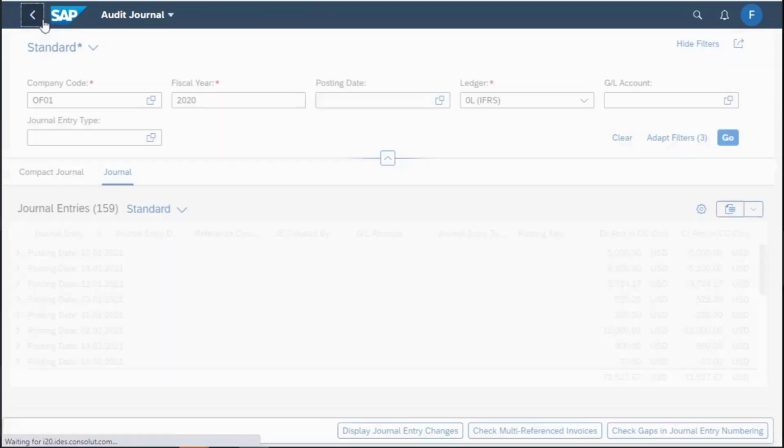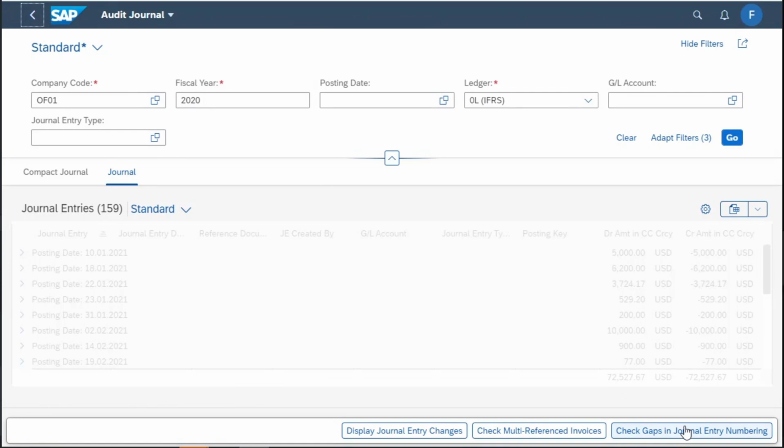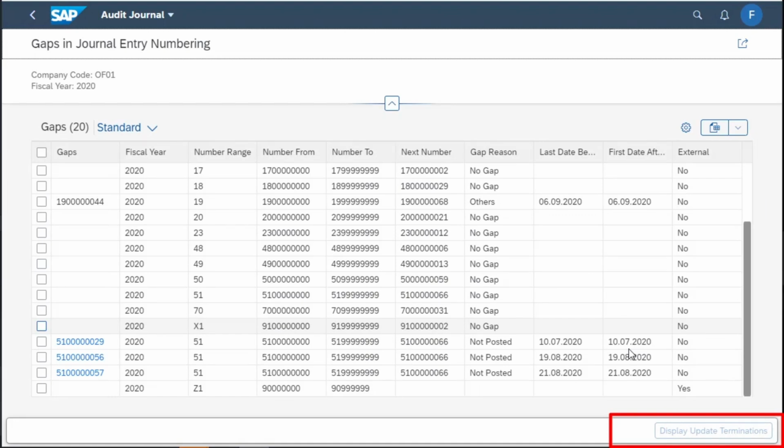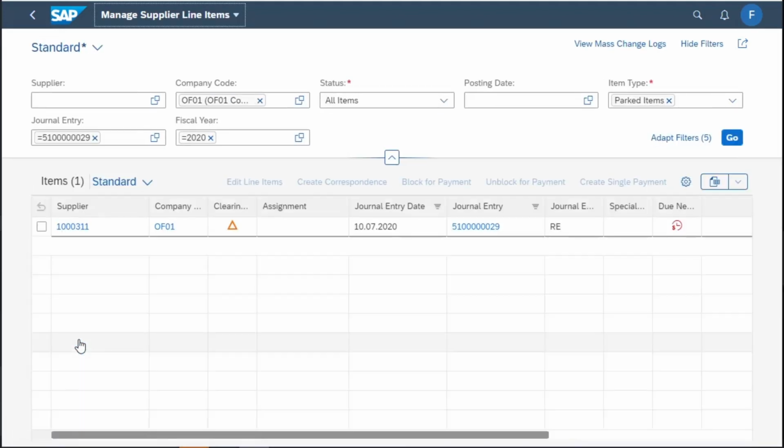Finally, if I go back one screen, I can check to make sure there are no gaps in the journal entry numbering. In theory, there should not be any, unless you have any part documents which show as not posted. Being a sandbox, however, anything is possible, and I suspect that either some configuration or the number range was changed,